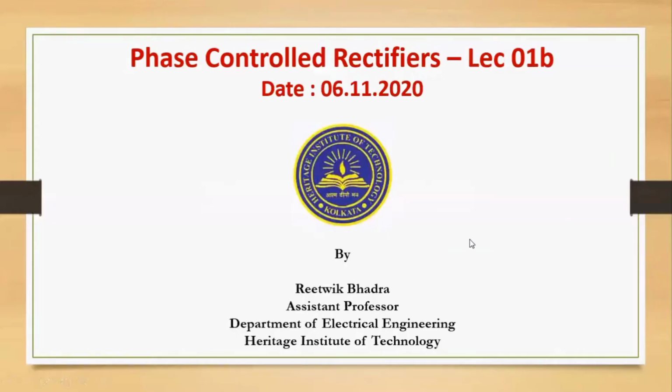Let's start. Okay, so we were discussing the half wave controlled rectifier. We had a small part left from yesterday. The types of load we had already studied are R load, RL load, and RL with freewheeling diode. Why we have used a freewheeling diode, I've told you. And last, the foremost important load is your RLE load.